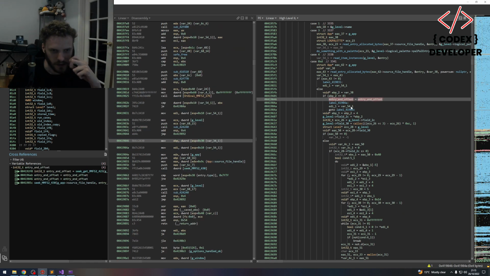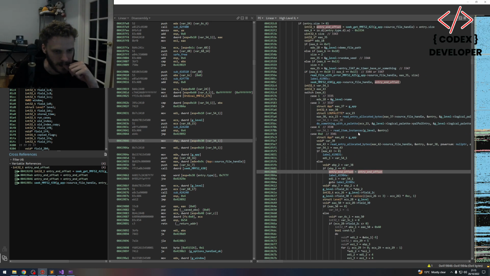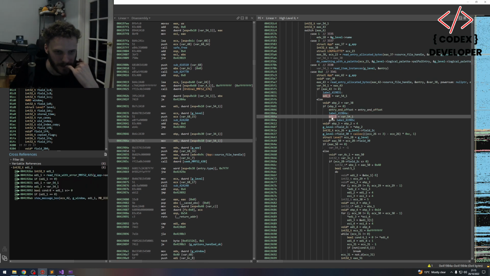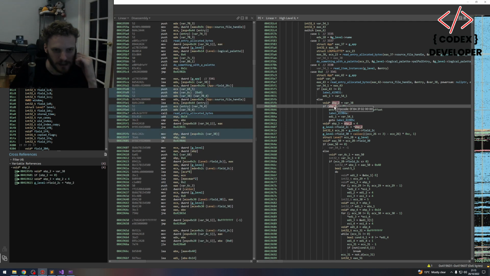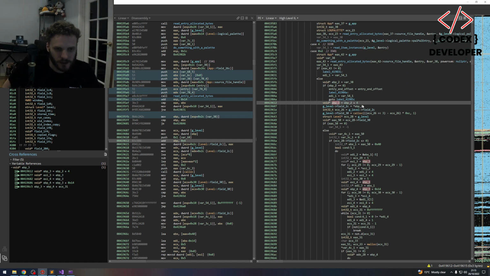Entry and offset. Why is it setting it to itself? Oh. This is EBP equals 0. Okay, that's never going to be 0, so we don't do that code anyway, so don't worry about that. Basically, all of these ifs are